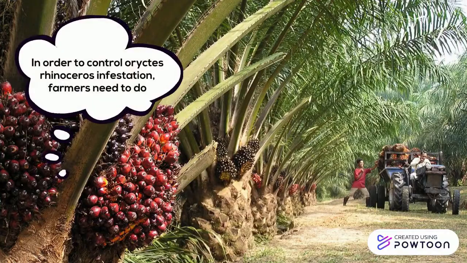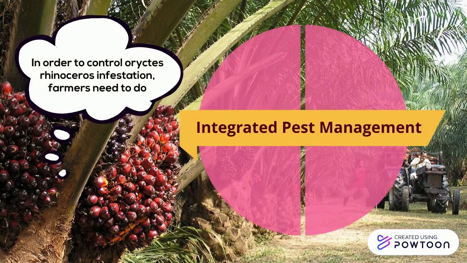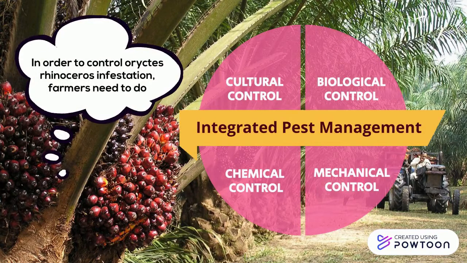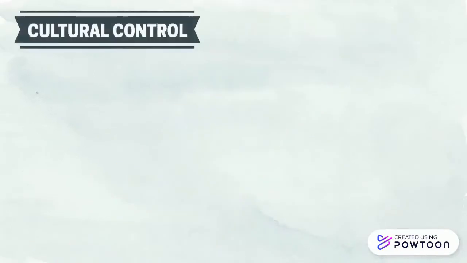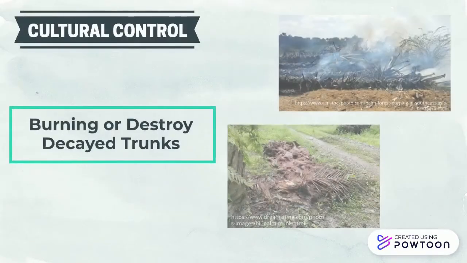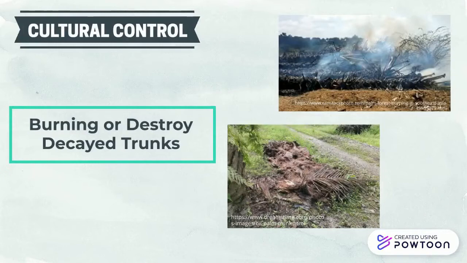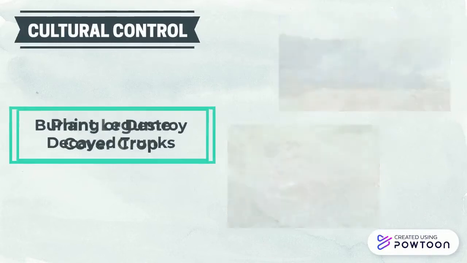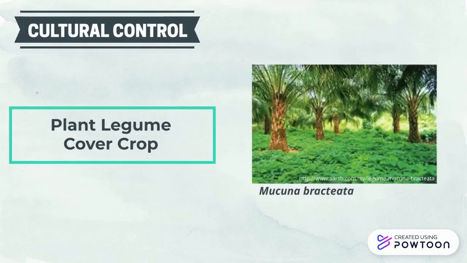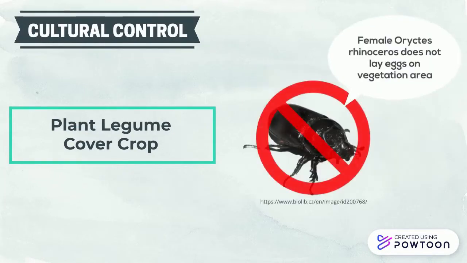In order to control Oryctes rhinoceros infestation, farmers need to do integrated pest management in their plantation by cultural, biological, mechanical, and chemical control. In cultural control, burning and destroying decayed trunks can help to reduce the pest breeding sites. Plant legume cover crops like Mucuna bracteata over the pest breeding site, as the female Oryctes rhinoceros does not lay